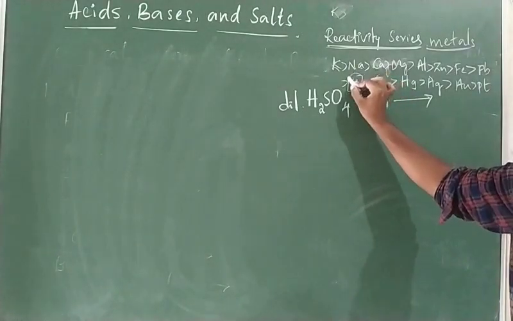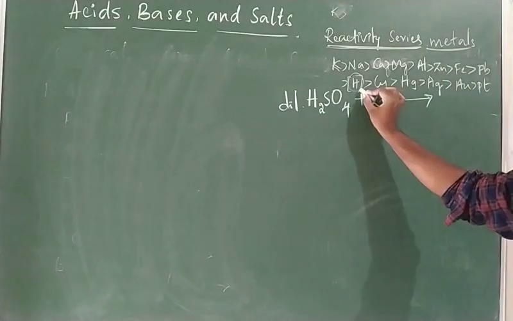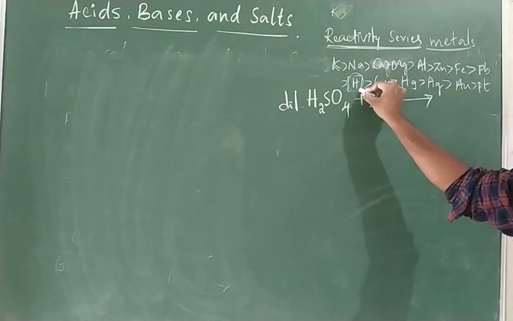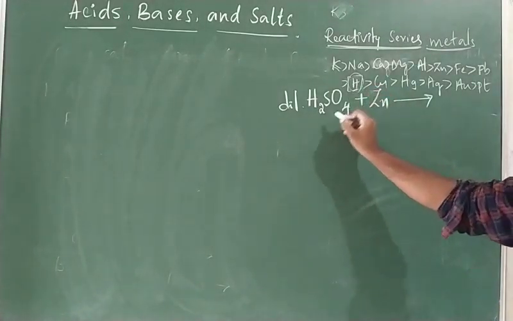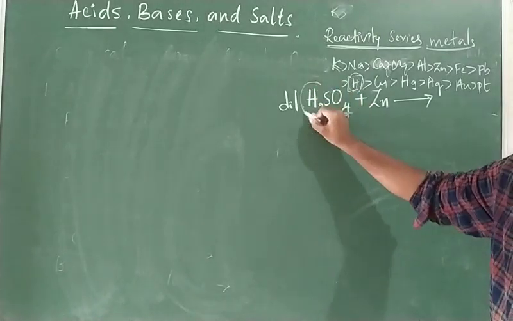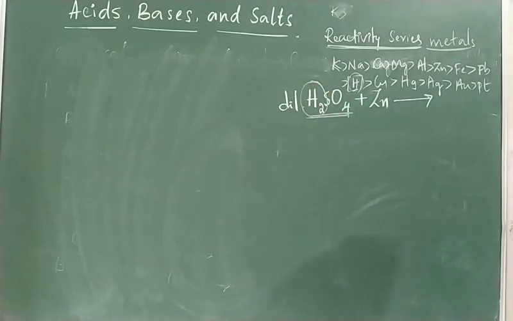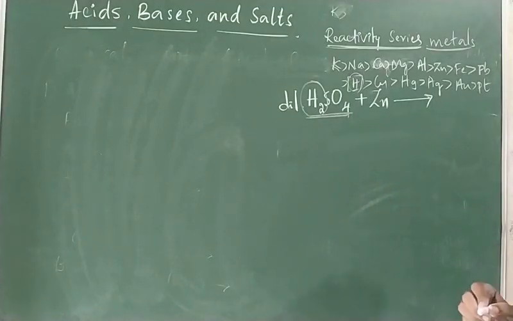Here we are discussing hydrogen also. As you know, hydrogen is a non-metal, but why is it kept here? Because it also shows the properties of metals. So you should remember, when we talk about the definition of an acid, it definitely has hydrogen. Why? Because acids are substances which produce H plus ions when dissolved in water. So definitely an acid should contain hydrogen.